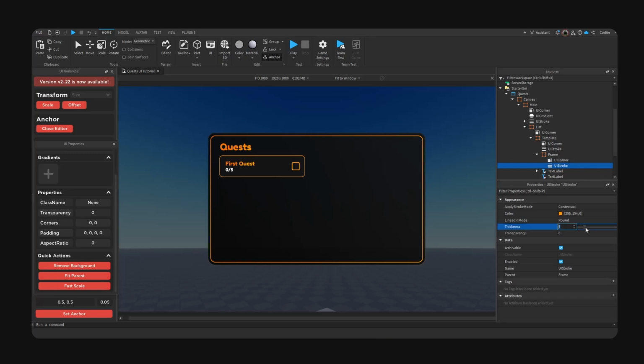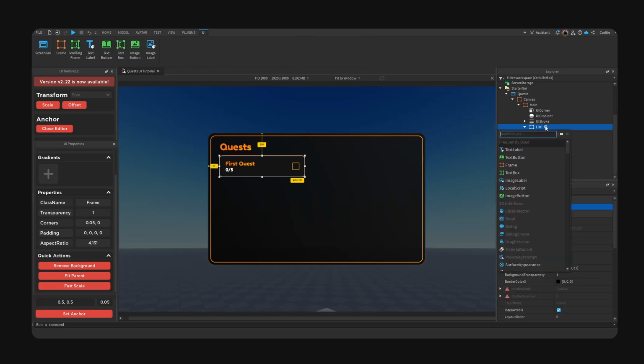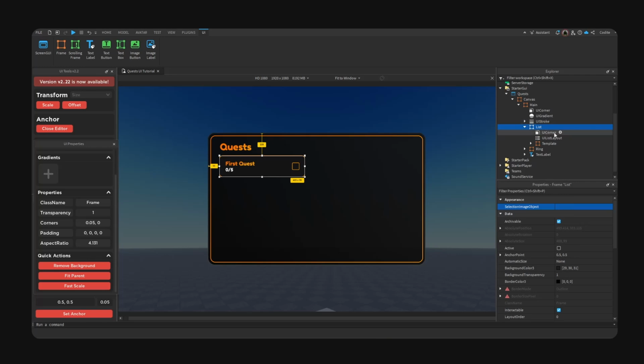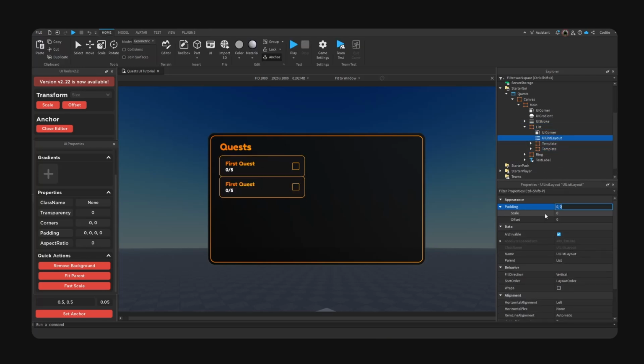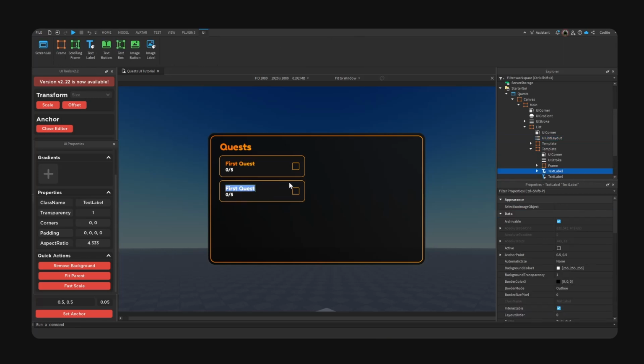Okay, stroke 2 pixels. Okay, so this is what we have so far. We can add a UI list layout inside of lists and copy our template. Add some padding, so 0.1, 0.2. For example, daily